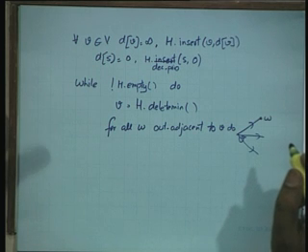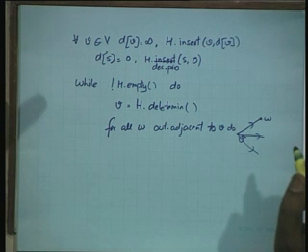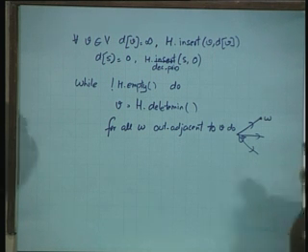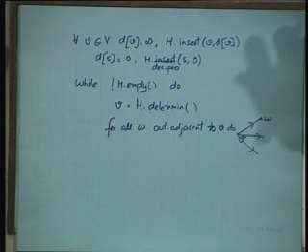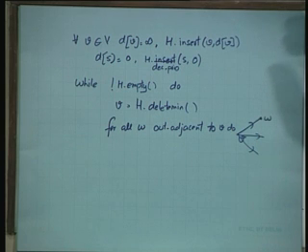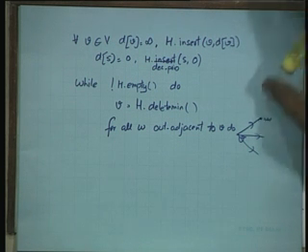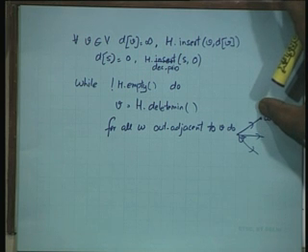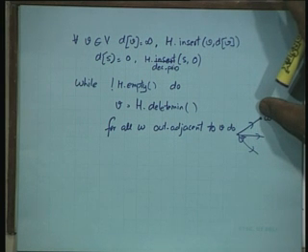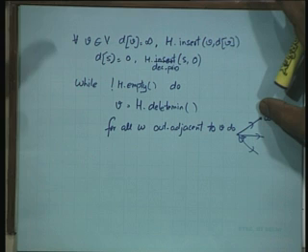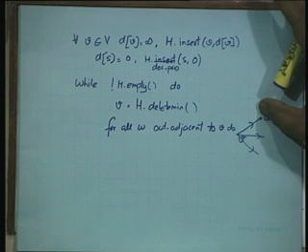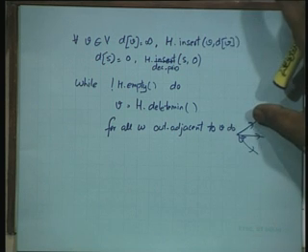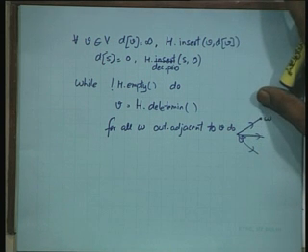Now I have to update its label. When should I update the label of W? W already has a label, right? And what is that label? That label is an upper bound on the shortest path, right? Basically that label is saying that so far I have found a path of this length to W, so far I have seen a path of this length. Okay. When can we reduce its value? When now we are seeing a shorter path.